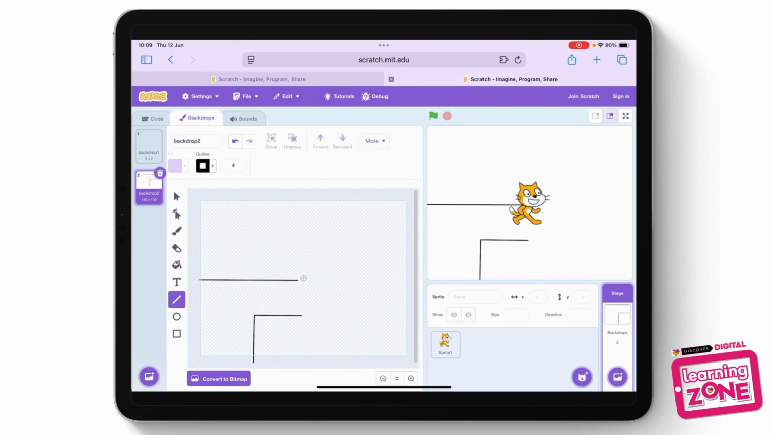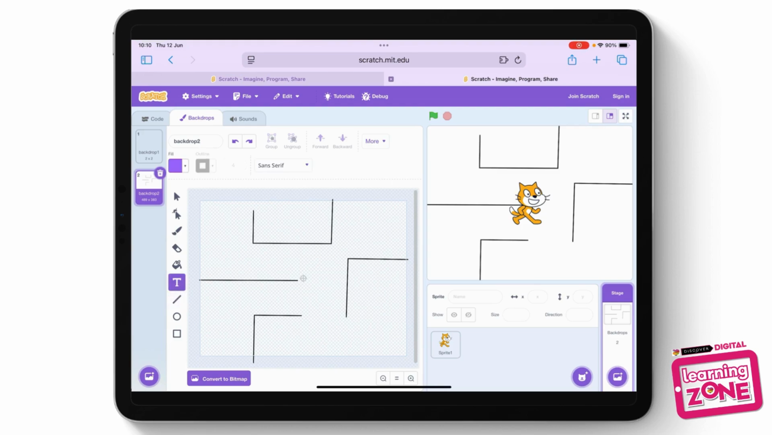Now you can make this as easy or as difficult as you want to, and you don't have to necessarily have straight lines if you don't want to. You can have curvy lines, you can do obstacles, it's completely up to you. There we go. So once I have my maze here, I also want to use the text button